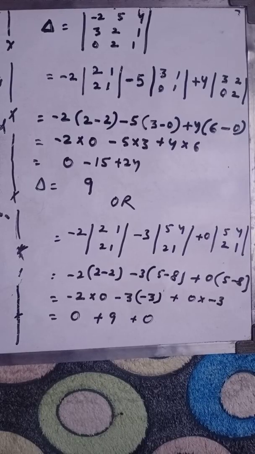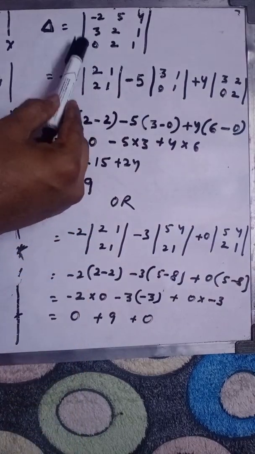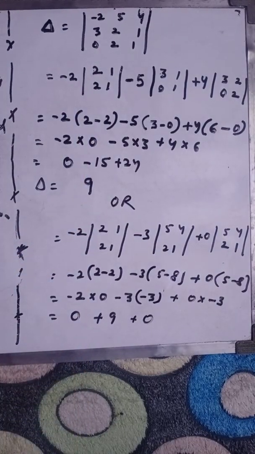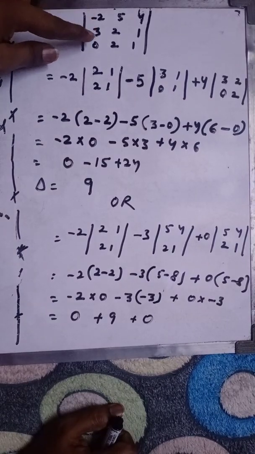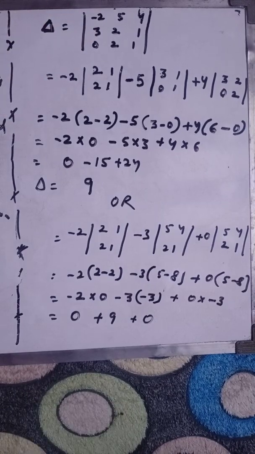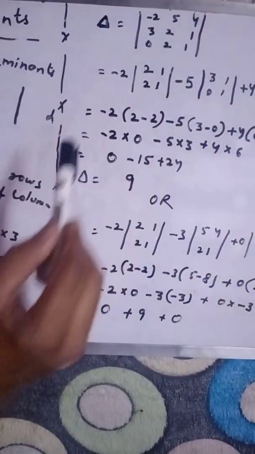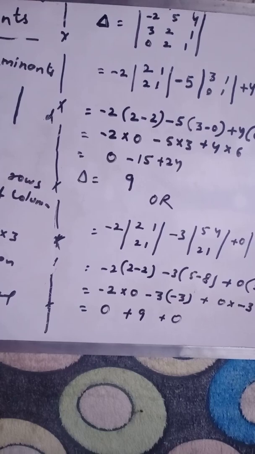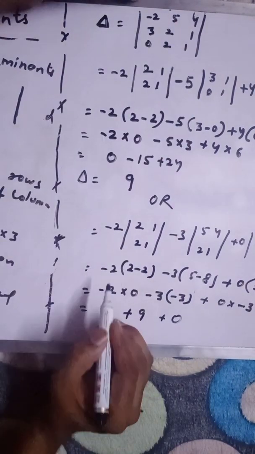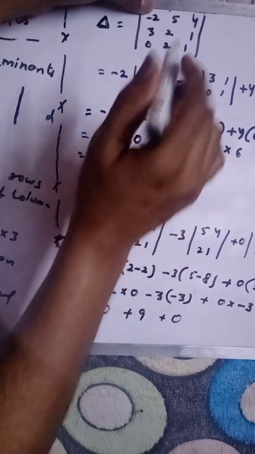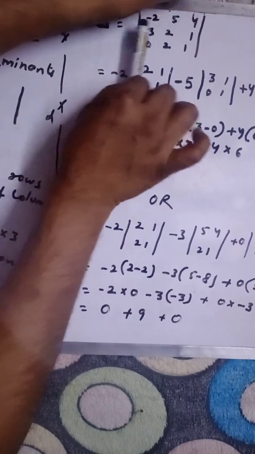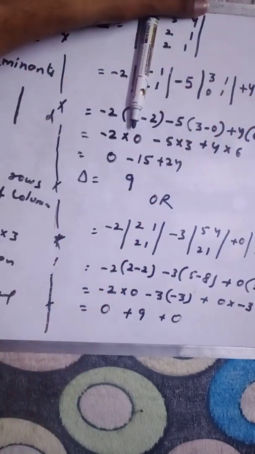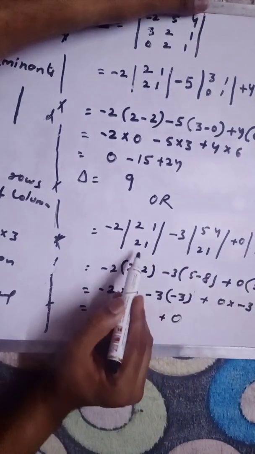Okay, now the same determinant we can expand using this column also. This first column, minus 2, 3 and 0. Fine, but you have to check again in which column and row these numbers are coming. Okay, see, first I am taking minus 2, so I am writing here minus 2, and this minus 2 is coming in this row and this column. So you have to write these four elements, 2 1 and 2 2 1. Fine, so here we are writing this.